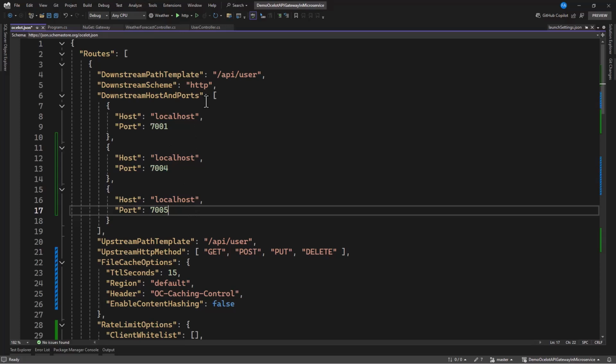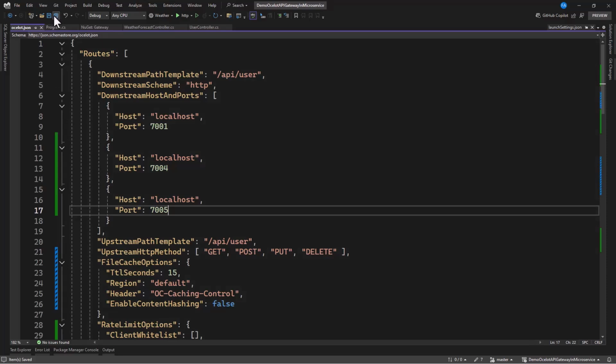So this application is going to run 3 times, and after that we're going to make a request to this. Now with the type of load balancing that you're going to use, it's going to share requests across each of the instances that have been created. So if I make 3 requests, the first one is going to respond, the next request will go to the second one, and the last request will go to the third one. If a new request comes in, it starts again from the first one to the last one. So that's what it's doing, circulating. It's going around, starting from the first one to the last one, and now it reverses. So that's what it's going to do.